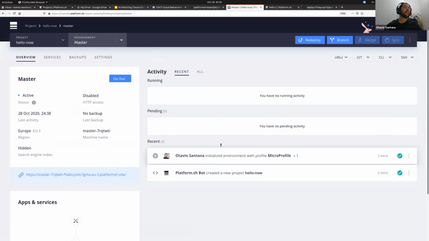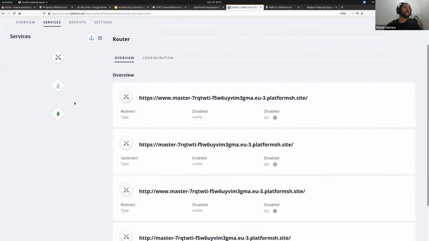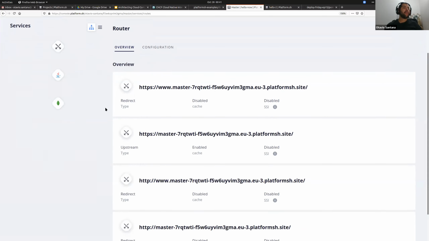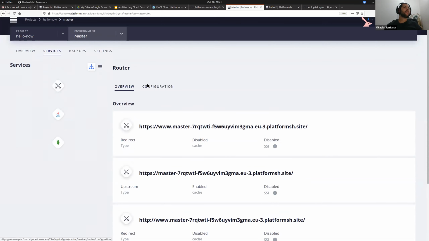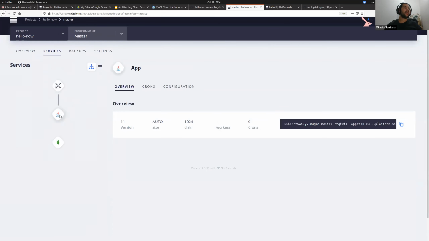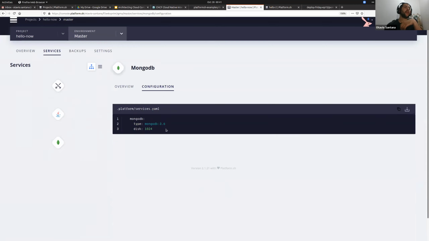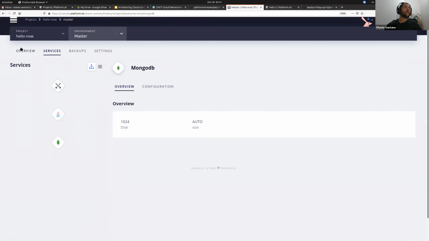Okay, and as you can see here, I can show the service, have my host, have my app. Let's click here where I'm using the Java version, the disk, and I have my MongoDB, okay, where I'm using the version 3.6.